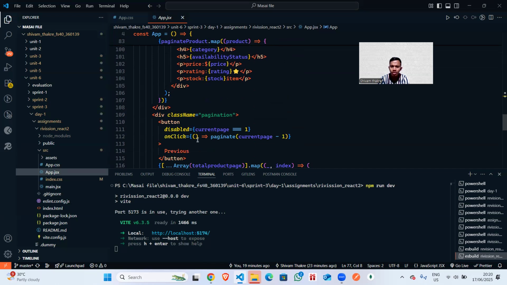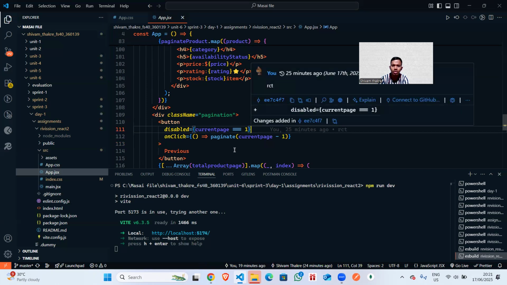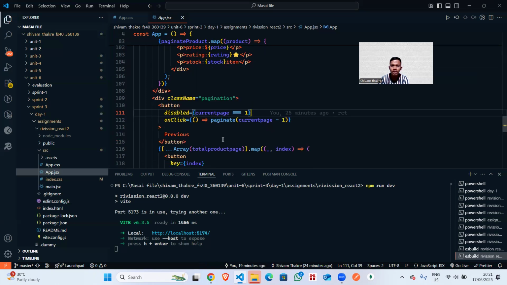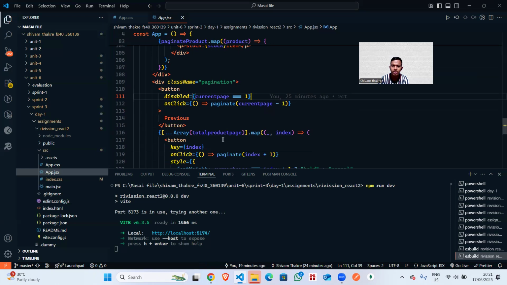The previous button passes current page minus 1 to the paginate function. The first page is 0, since current page 1 minus 1 is 0, so the button is disabled when the first page is showing.